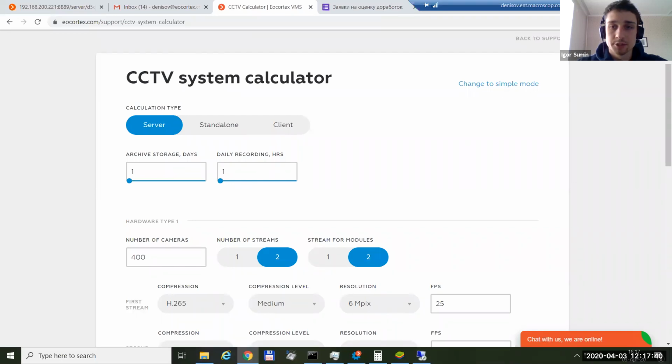So let's select the license plate recognition camera. And yes, when we open the license plate recognition camera on the full screen, as far as you remember, we put here